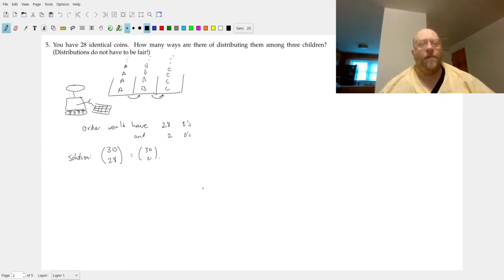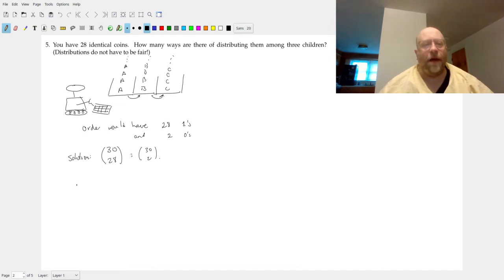Okay. So that's one way of thinking about this: picking name tags out of an infinite supply of name tags to fill a box that can hold up to 28 name tags, and then matching the name tags with coins. Another way of thinking about this is